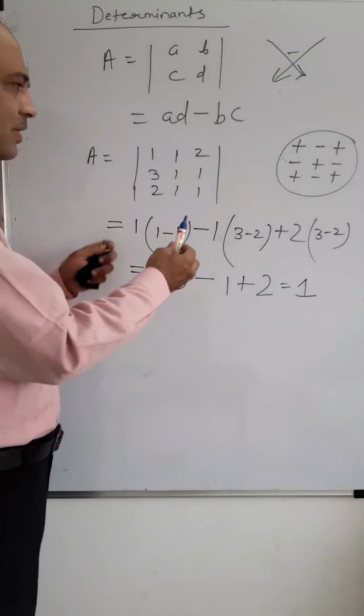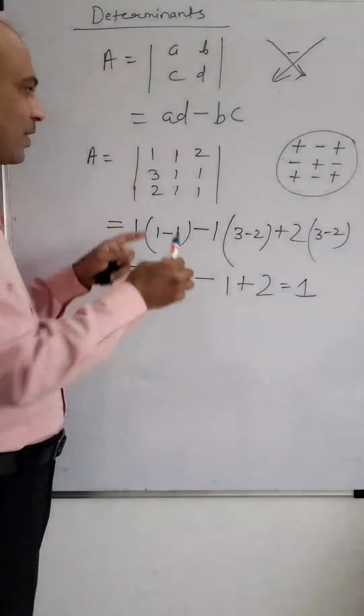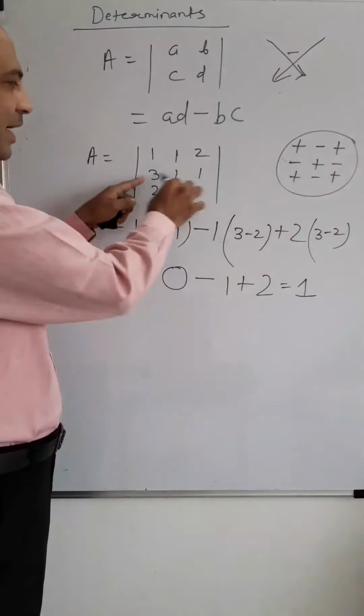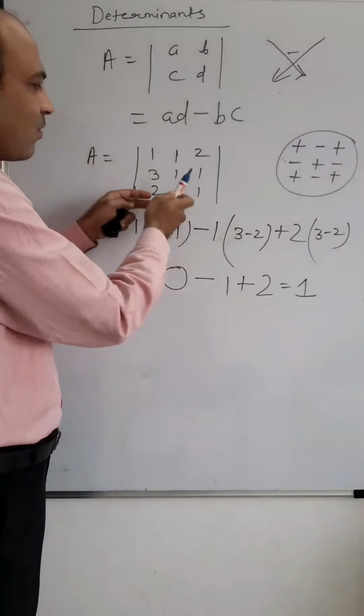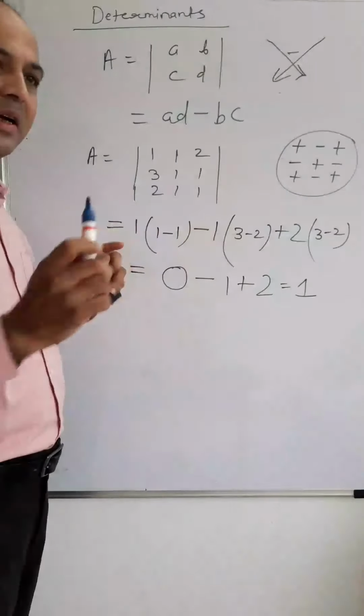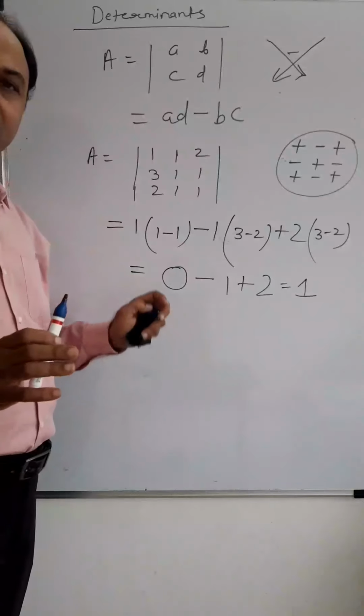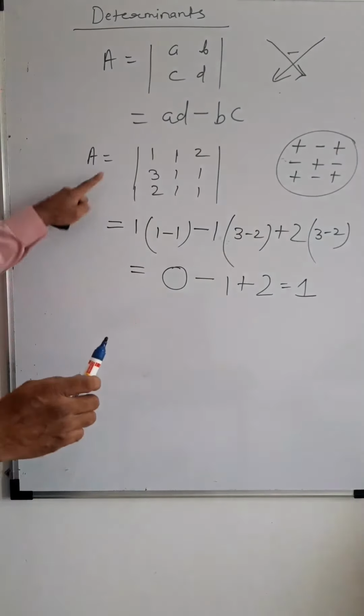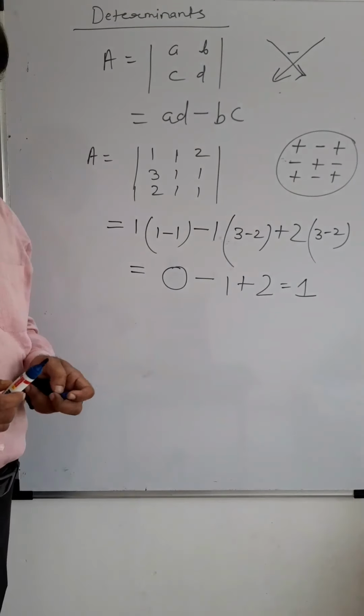Suppose you have expanded from the first row, no need to expand again from 1 3 2 or the second row. First row, second row, first column or second column, once you expand it, the value will be 5, done, correct? So this way we can find the value of a determinant.